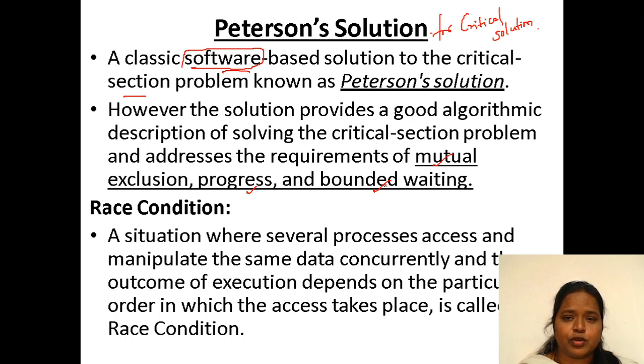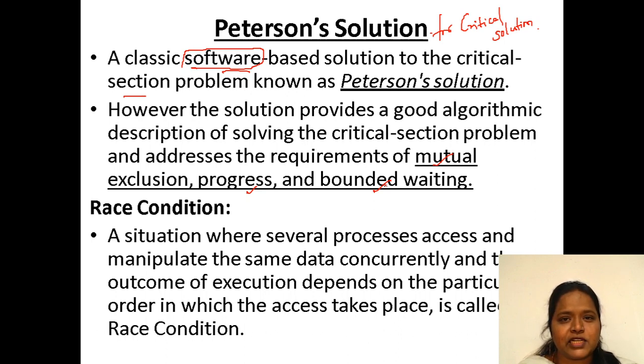This Peterson solution is very simple for achieving the critical section solution, where we have to satisfy three conditions: the first is mutual exclusion, the second is progress, and the third is bounded waiting.